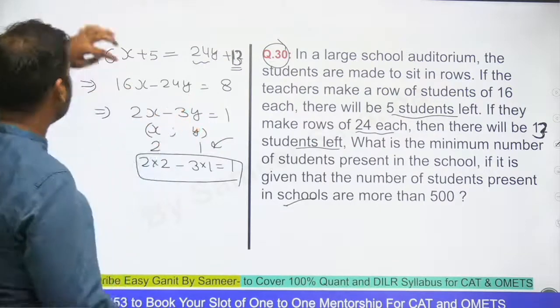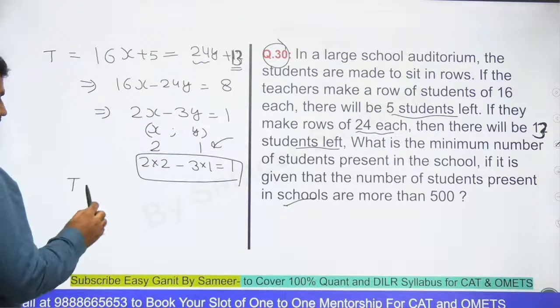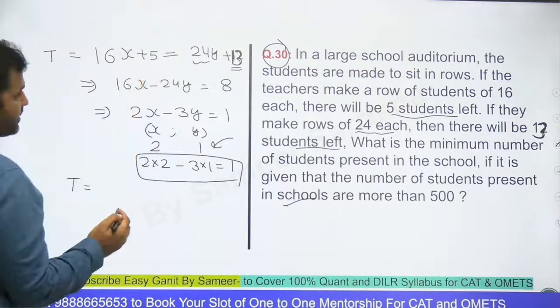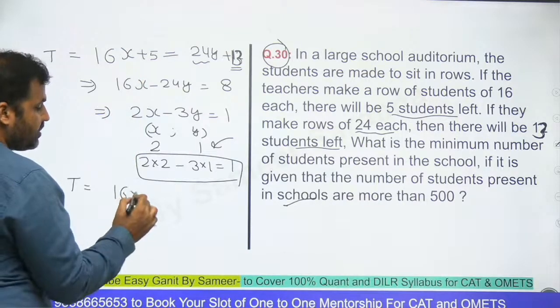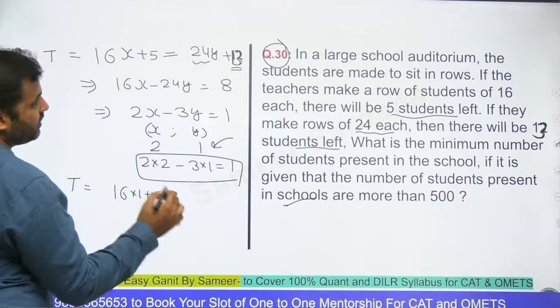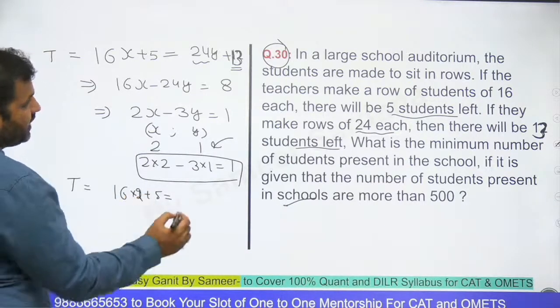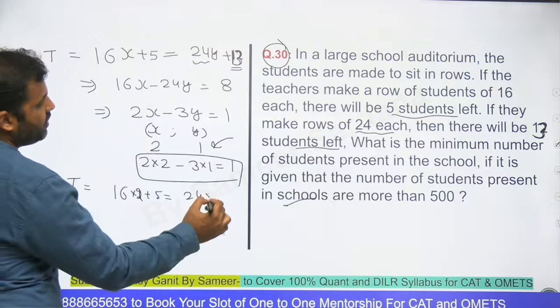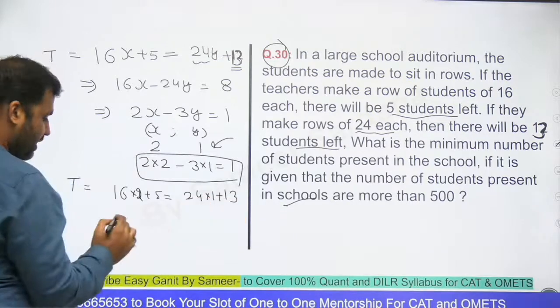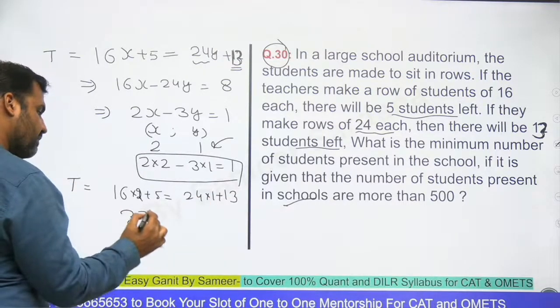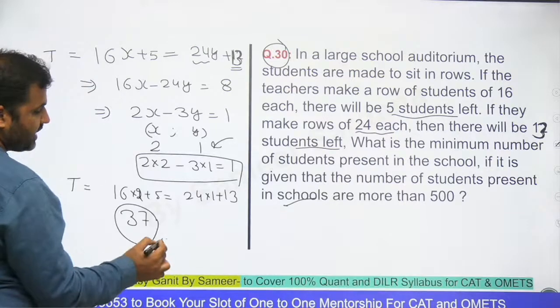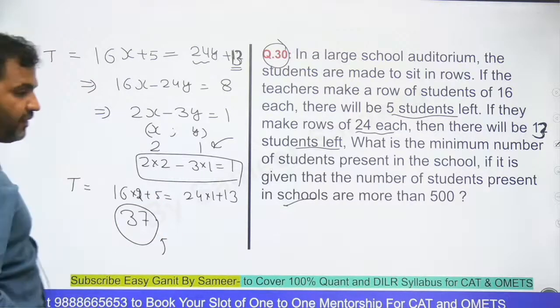That means such a set of students is 16 into x plus 5. Sorry, 16 into 2 plus 5 is equal to 24 into 1 plus 13. That means 37 is the possible number of students in the class. Yes or no? The first such number